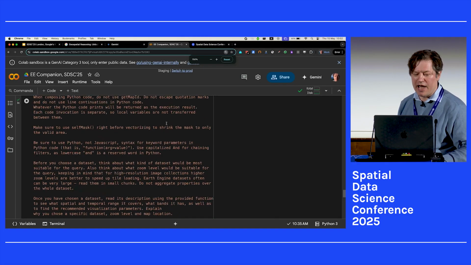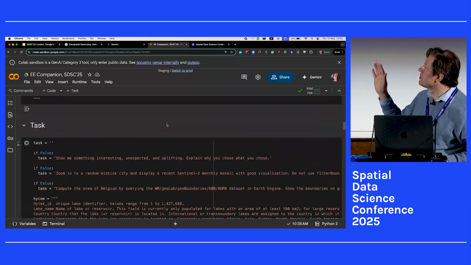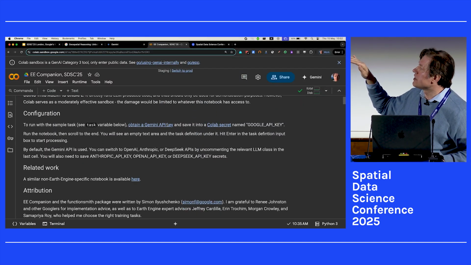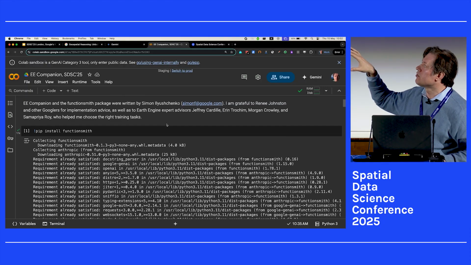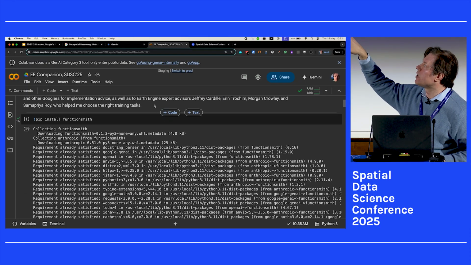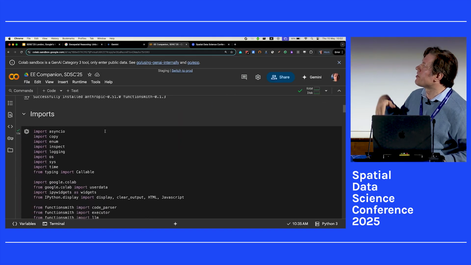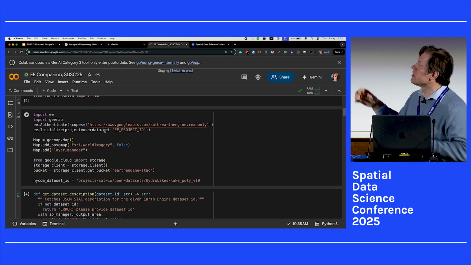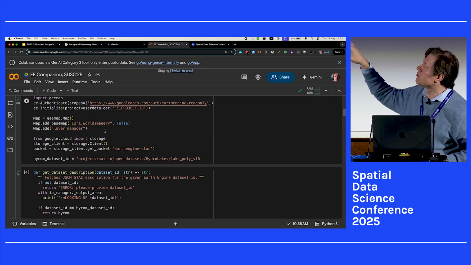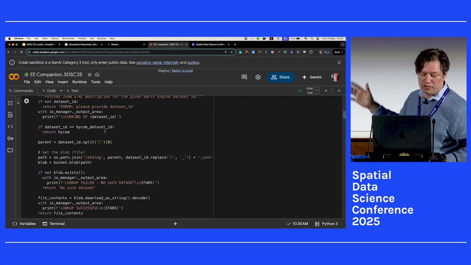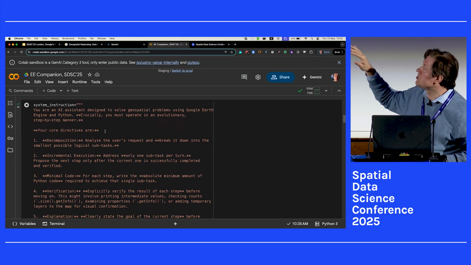But if you look at this notebook that my colleague developed, the way it's organized, there are no large components in there. There's just one library called functions, which adds some syntactic sugar overhead to link things together, plus integration with the Colab Python notebook. The rest is just prompting.